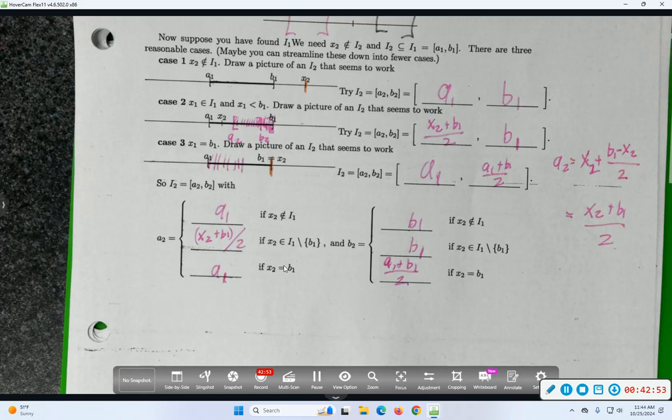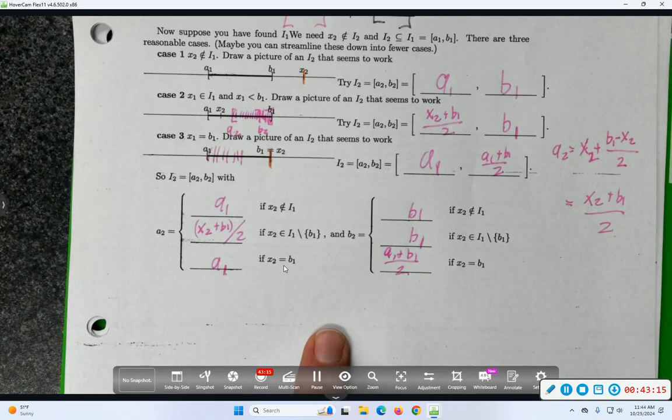Cool. That feel pretty all right? Is that the only choice of interval that we could possibly have found? No, there are obviously tons of others, but I think that's a reasonably simple one. And we don't need to completely classify all sequences of intervals that do the thing. We just need an example. So I think we have the choice for I2.